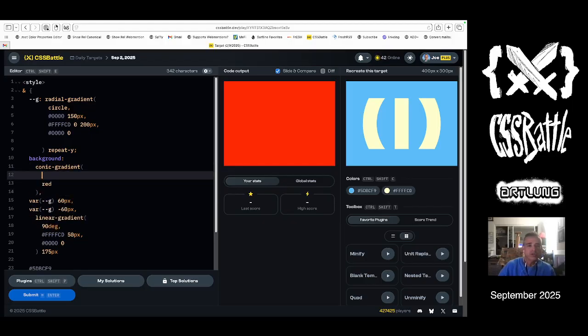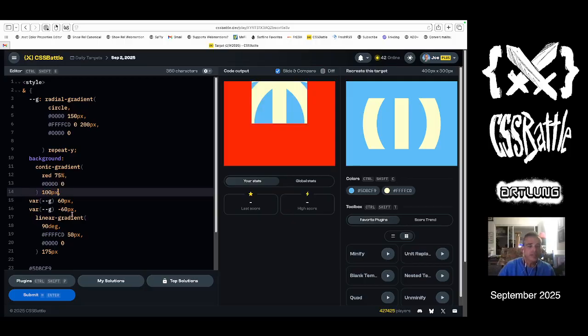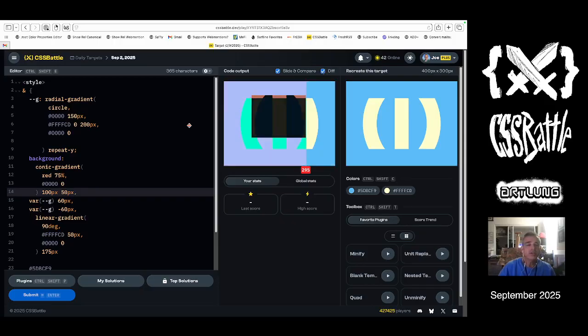So let's do a background that's 75% worth and transparent, and then we move that over and then down 50 pixels to start to create that window. 50, 60,